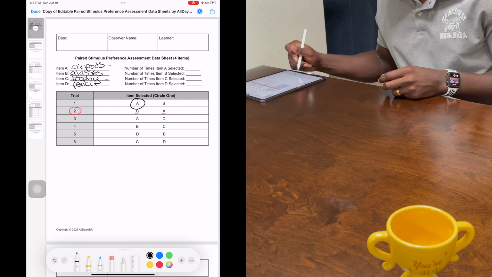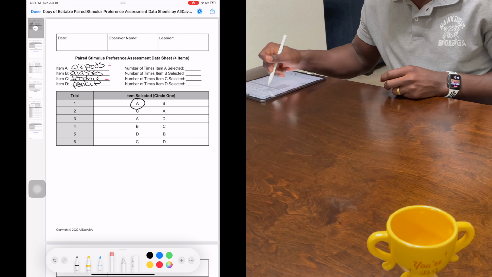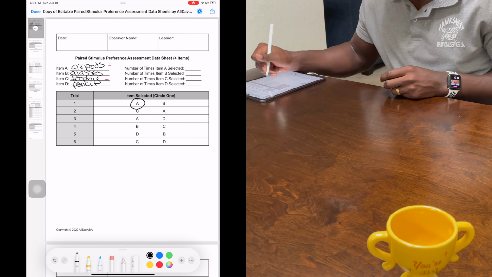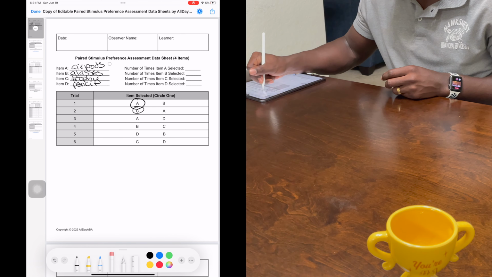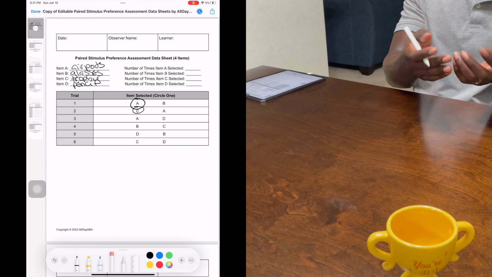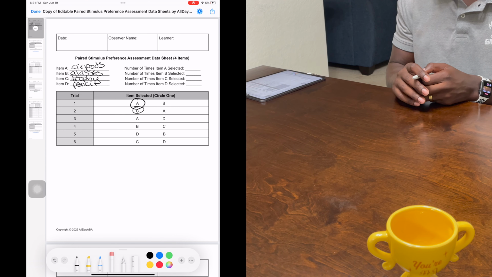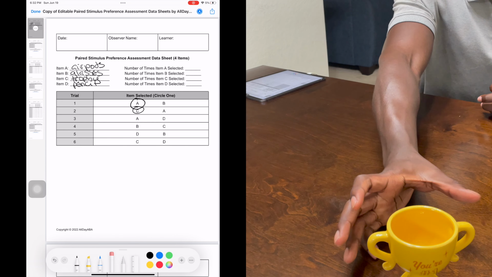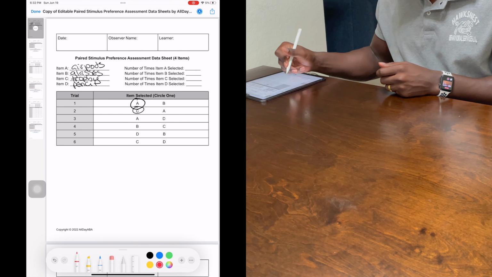Go back over here to our data sheet. They chose a trophy, which is item C. We'll circle that there. And we'll give them their time to engage with the trophy. All right, we'll ask for it back, move it over here to the side,